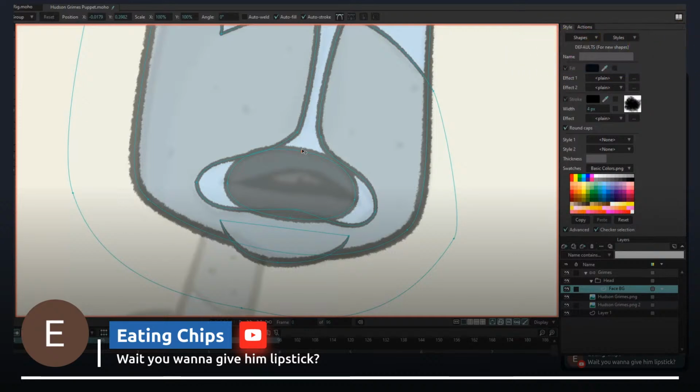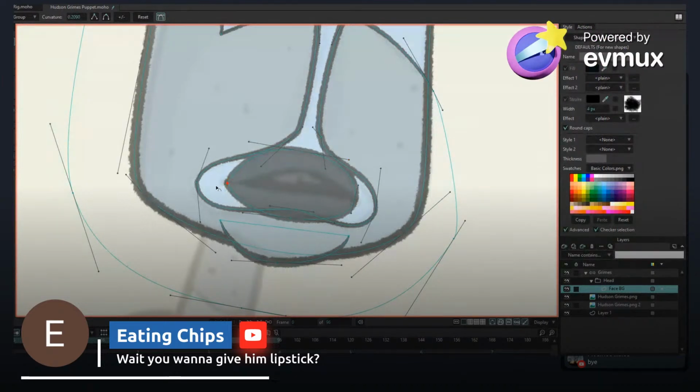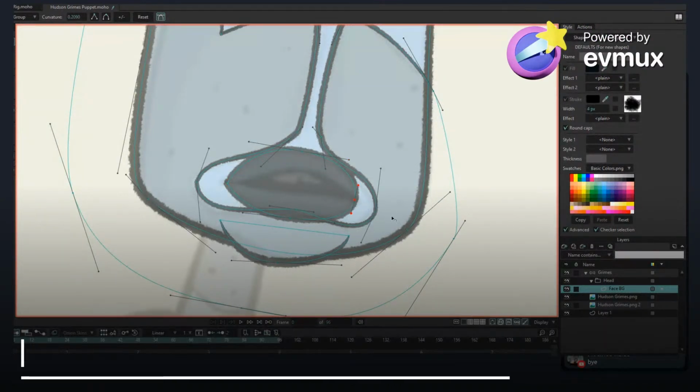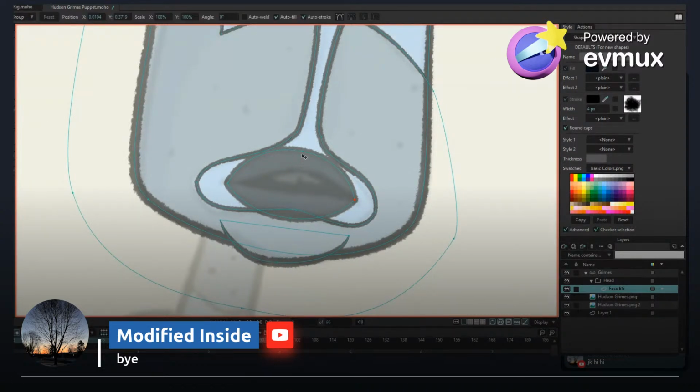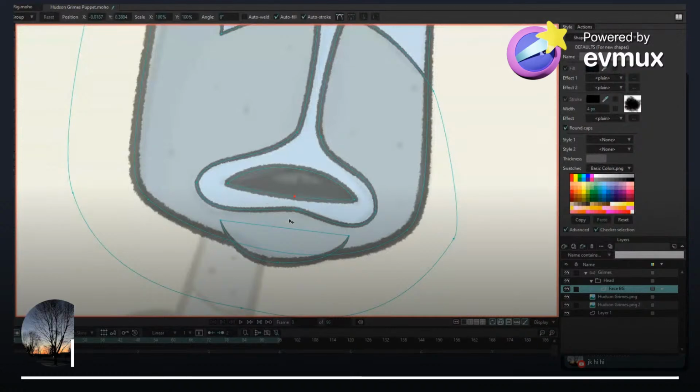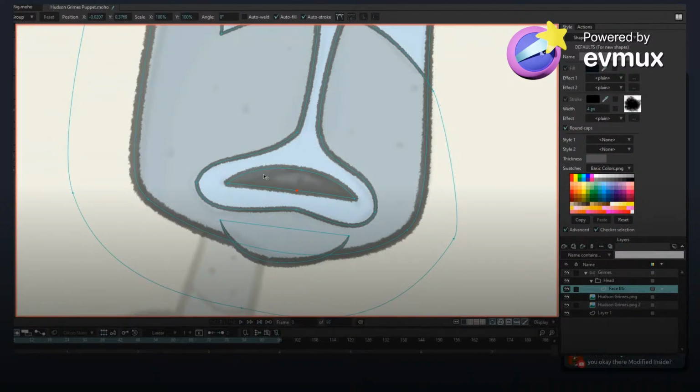Right? Let's watch this. Okay, I'm going to go to my curvature tool. I'm going to choose this. I'm going to bring that down. Go to this curvature tool. I'm going to, that one. Modified's heading out. Bye, Modified. Oh, there. Never mind. Just kidding. There. All right. So there's his mouth. If I want his mouth closed, actually, I'm still going to adjust the curves and stuff.